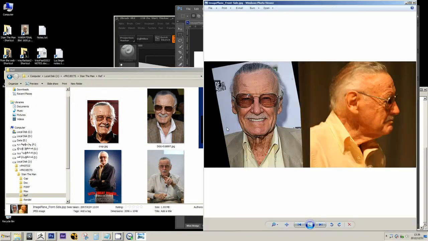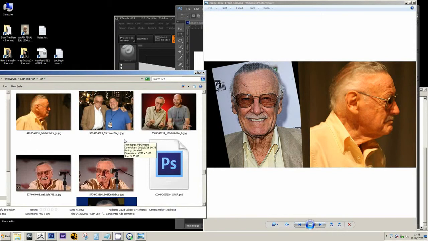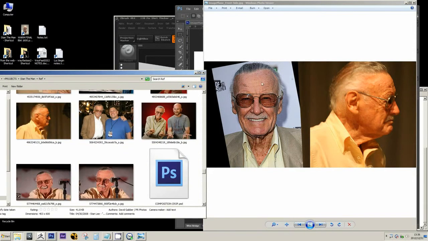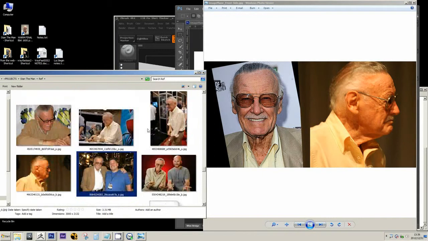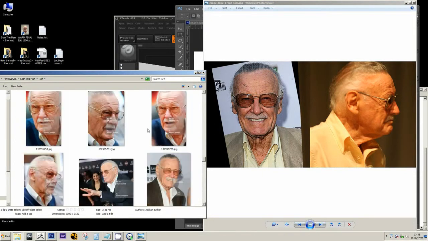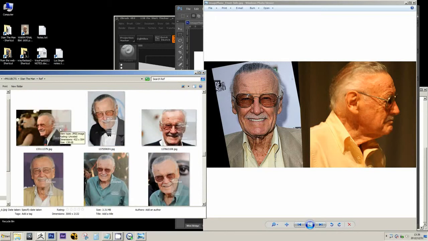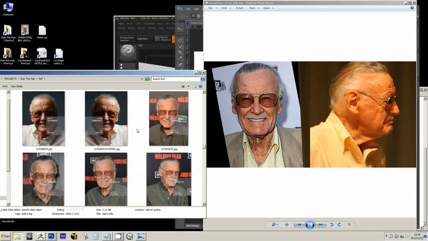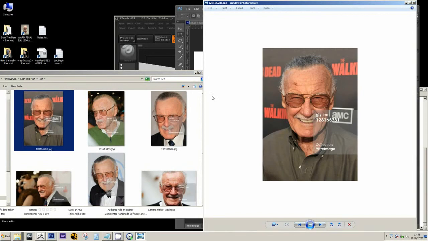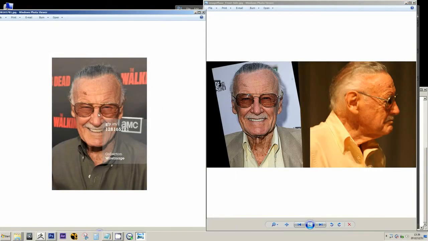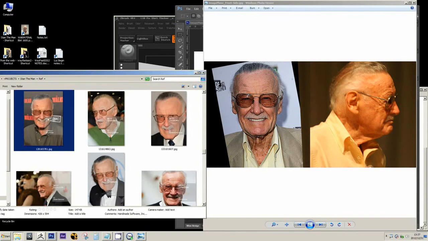You want to pick something that's, try to get, for example, the frontal ones, something that's not, for example, this one, as you can see, Stan's head here is sort of tilting downwards, and it's not a very good picture to use in terms of using it for backdrop. So pick your image nicely, and